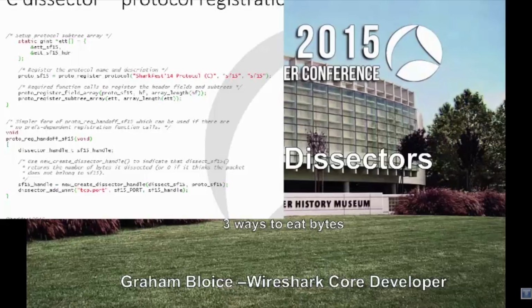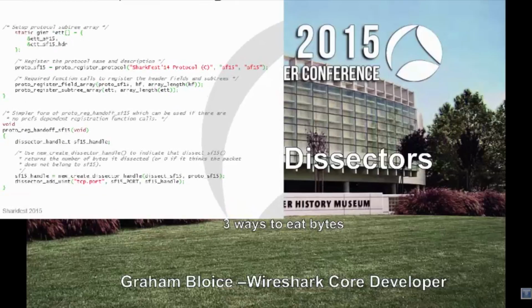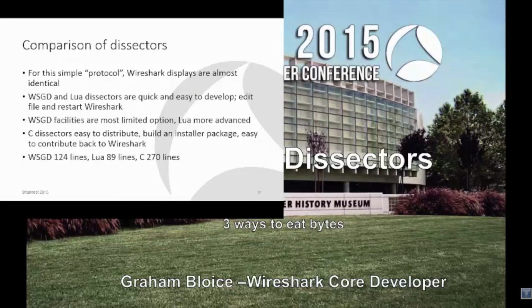So these are little bits of boilerplate stuff that in a C-based dissector you've got to do, all these common things. Every C-based dissector has this, and you'll see it throughout the code base. These are the boilerplate functions you need to do to register with the system. Having done all that,